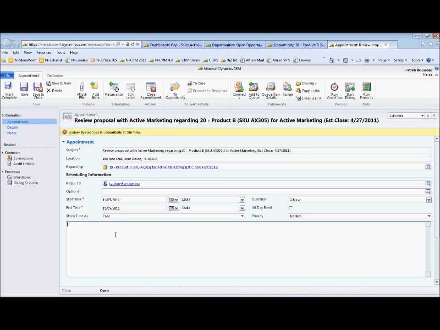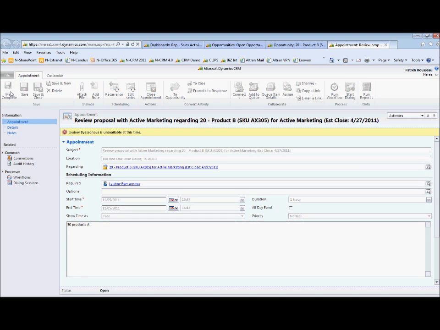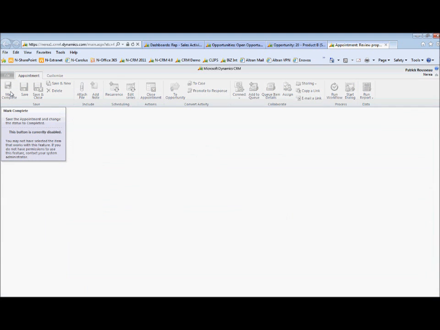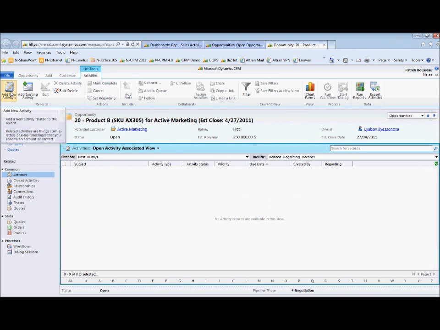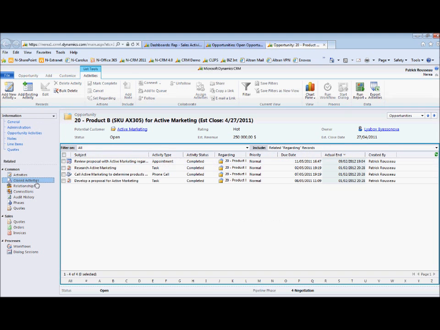So I'm meeting with the customer, and I see that the opportunity is for 20 units of product B, and I find out through the interview that they also require 50 units of product A. So I can take some very simple notes here, and I'm going to mark this appointment as completed in CRM, or of course in Outlook, or whichever solution I use for my calendar. So it's now in my closed activities here,